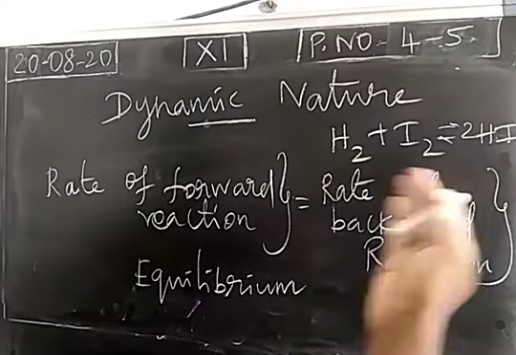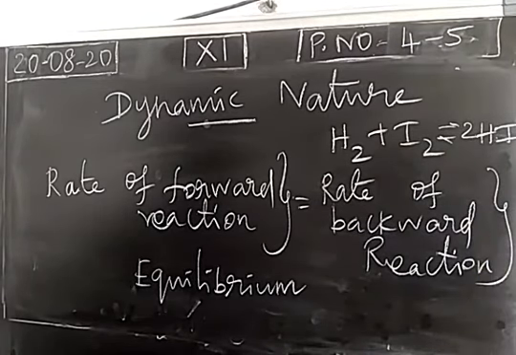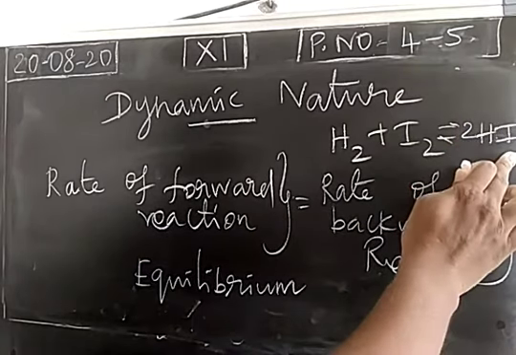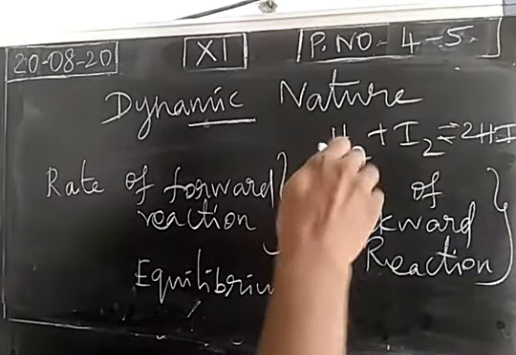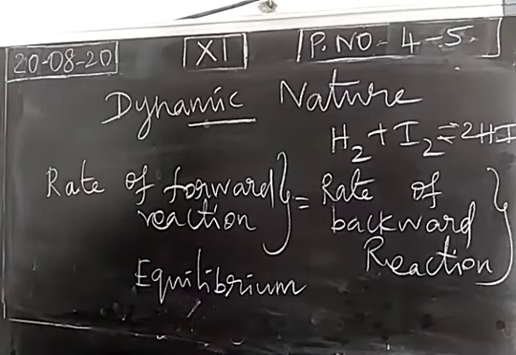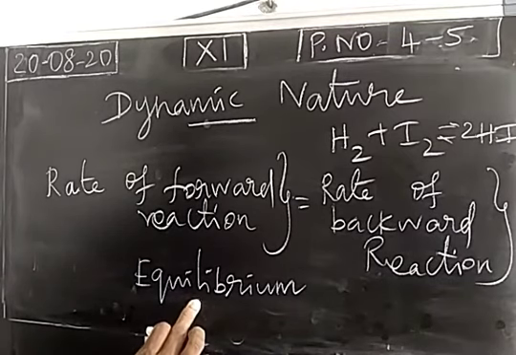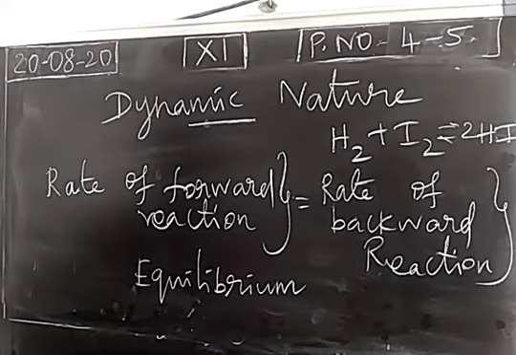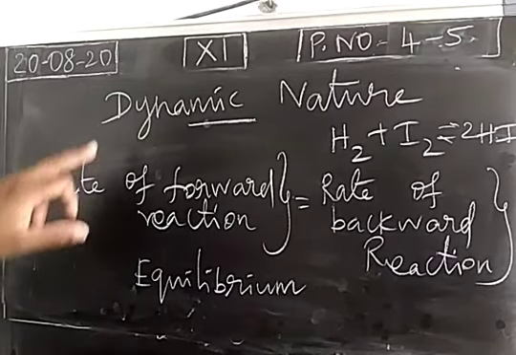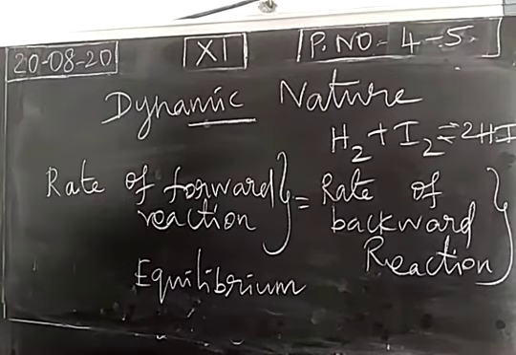So in the laboratory, we mix these two gases. Hydrogen iodide is formed. During the formation of hydrogen iodide, the backward reaction starts. So if equilibrium is attained, we cannot get hydrogen iodide completely by the forward reaction. At the same time, we cannot get hydrogen and iodine completely by the backward reaction. Reactant and product will not be achieved 100%. So we always get a mixture of reactant and product, which is called the equilibrium mixture. There is no end for the reaction if equilibrium is attained by a reversible process. So we call the equilibrium dynamic equilibrium. The equilibrium is not at rest, it is always in a dynamic nature.